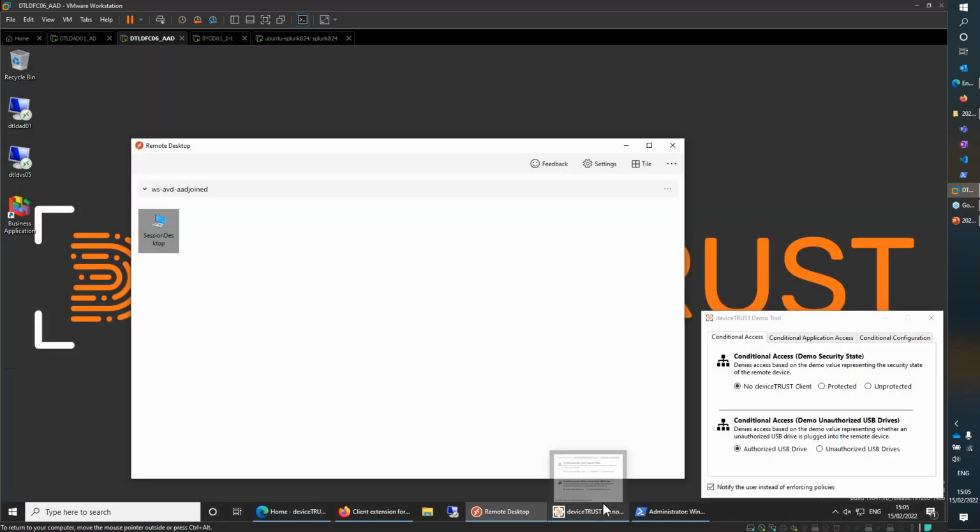Again, this is now the last logoff, I promise. Configuring vector protected. And now another idea of controlling or showing conditional access is recognizing removable drives that are attached to machines. So let's say the user is using a company device, or even not a company device, but there is some USB stick attached to that machine that you don't know, that you do not recognize, that you have not listed as company device, that's not encrypted properly or something. And you might just not want those users to access AVD as long as there is a removable drive attached that you don't know. Very simple. If that's being recognized,